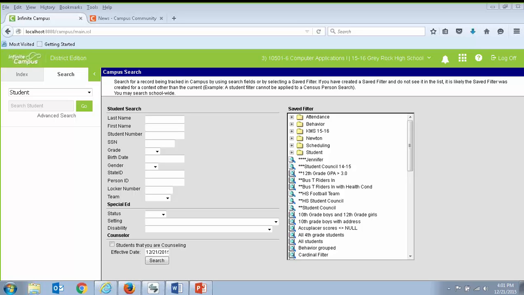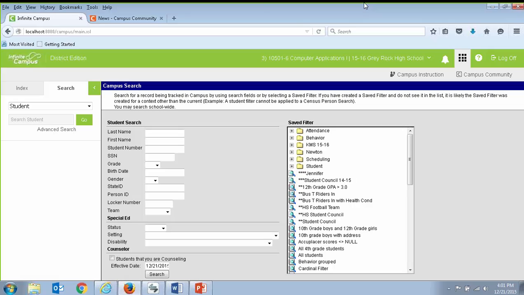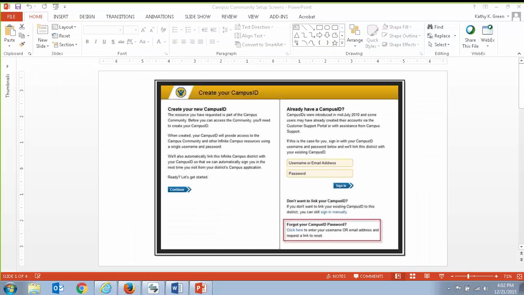So let's take a look at this campus community I keep mentioning. Each Infinite Campus user can create a campus community account by selecting the campus community icon in the app switcher. Once selected, a screen will appear where you'll select Create Your New Campus ID. Once you've selected Continue,